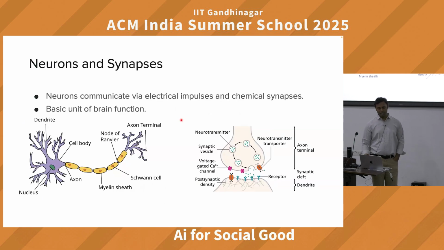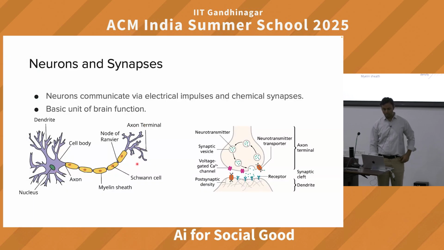These are some core entities in the brain: neurons and synapses. Neurons communicate via electrical impulses. Neurons are the core structure, the core cells of the brain. A neuron has a cell body, an axon, and an axon terminal. And at that terminal are these powerful things called synapses. If you zoom in at this end, there's a powerful thing called the synapse, where information is transferred from one neuron to the other.